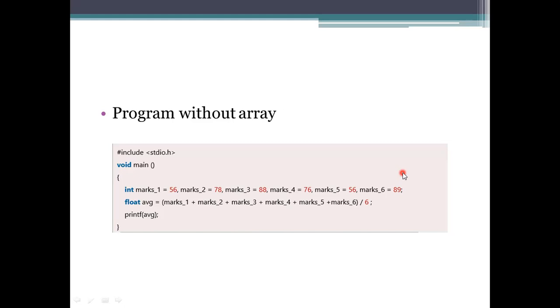So if you have 200 students, you need to create 200 different variables to assign the values to. How many subjects do you have? You have six subjects. If it is for one student, this code will be easy, and there is no problem. But see how many variables you have used: 6 variables have been used, and the 6 variables have been assigned. The time has been taken, and the space has been allocated for that.